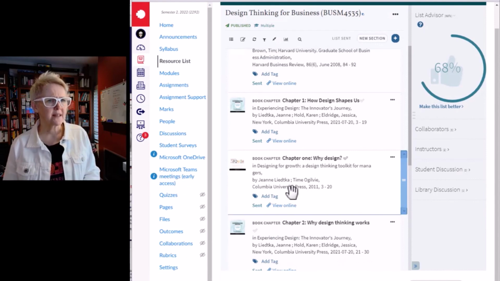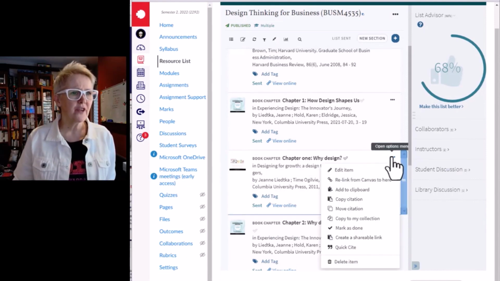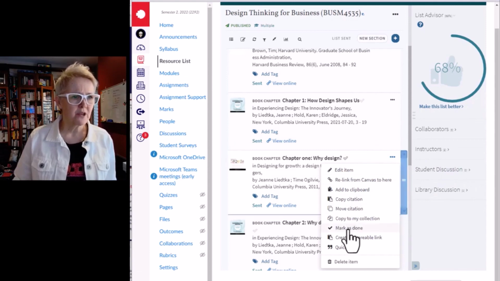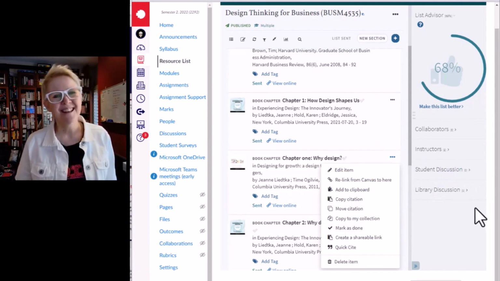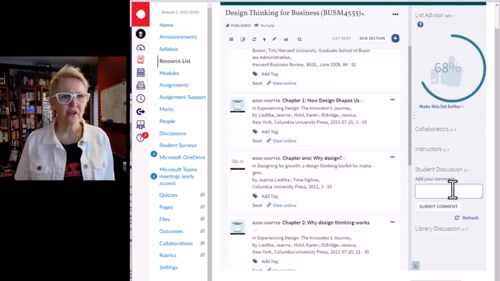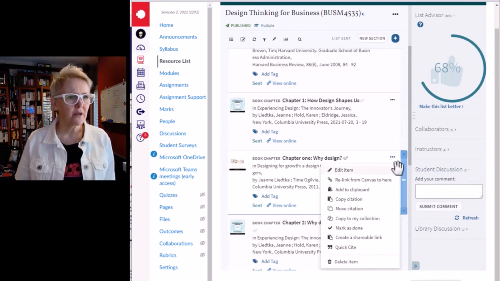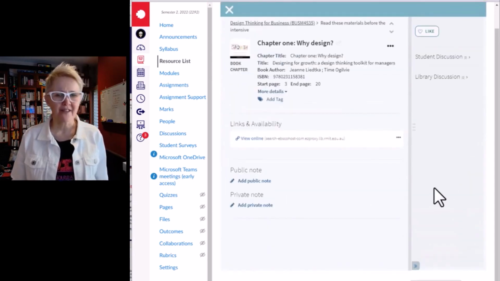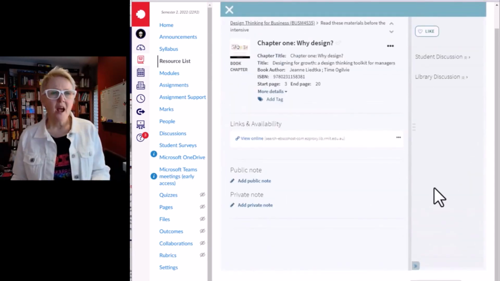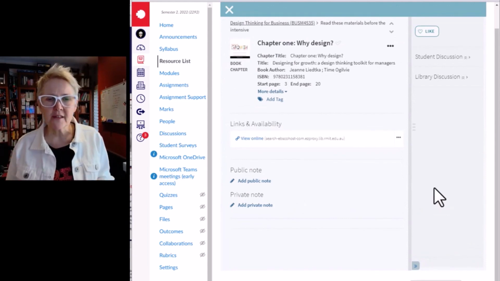And if we flip back to the resource list, you'll see also that with each of these materials, you have an opportunity to mark something as done. Nothing more satisfying than marking it as done. You can also add your own comments, enter into a discussion. I think in the student mode, you can do that at this level, but what you're seeing here is actually in the teacher mode. So that was the first thing I wanted to talk to you about. I'm going to leave this little video here because